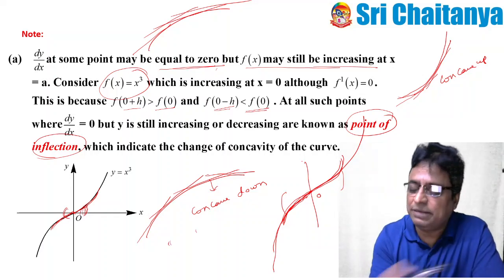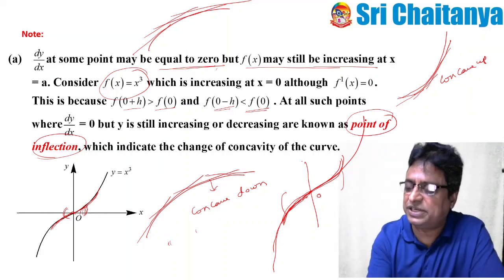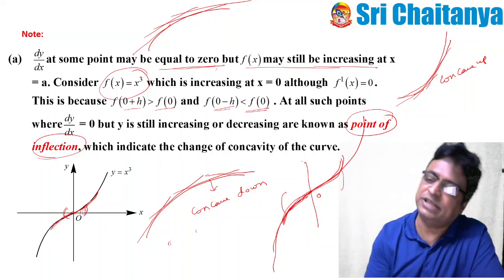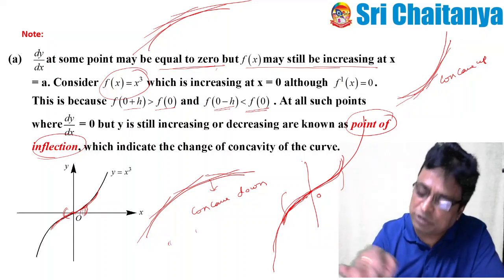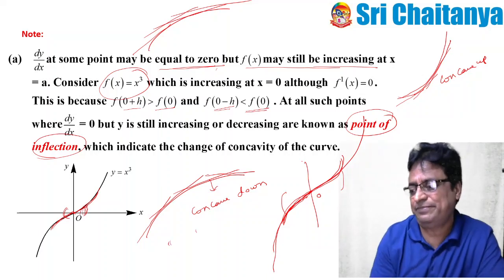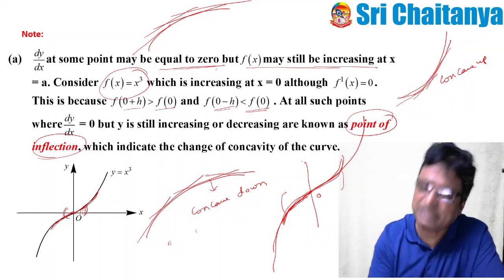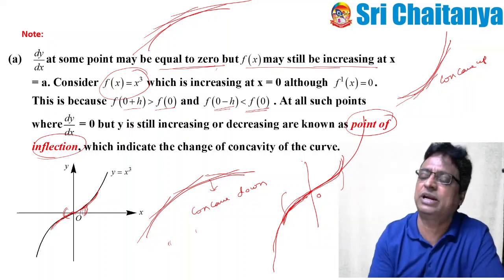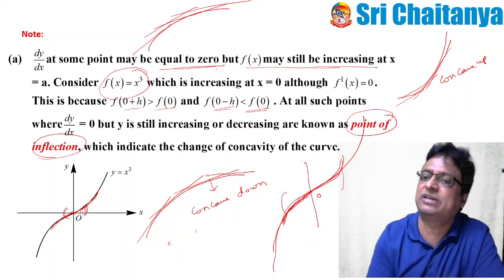So already in the previous slide I told you, if dy by dx is greater than 0 it is increasing, dy by dx less than 0 it is decreasing. That is true. But sometimes, even though dy by dx equals 0, we can still say that it is increasing. Increasing means strictly increasing. Actually you need to mention strictly increasing, but increasing means strictly increasing. Please don't get confused, because they asked this question even in the advanced examination.